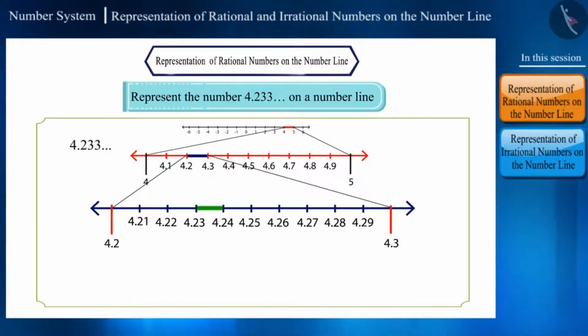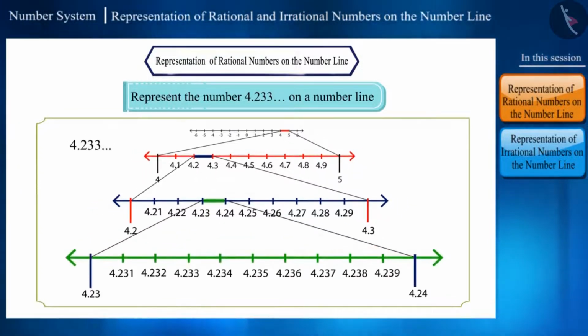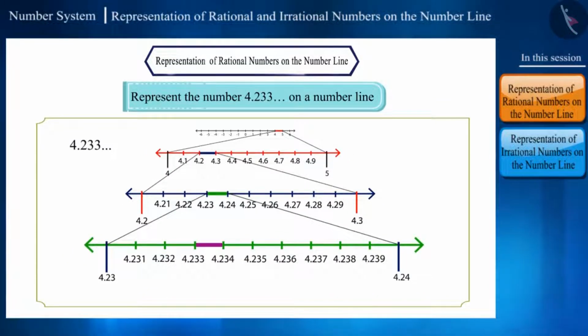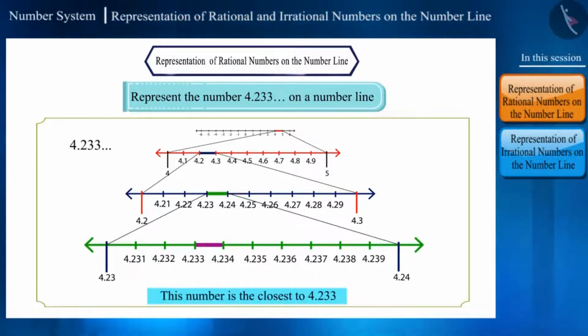Friends, to get a more accurate visualization of the representation, we will further divide the range 4.23 and 4.24 into 10 equal parts. So the given number lies between 4.233 and 4.234. If we notice the process, as we are moving ahead and dividing the parts, we are getting closer to the given number. Here we can say that, though we cannot accurately locate the given number on the number line, we can still